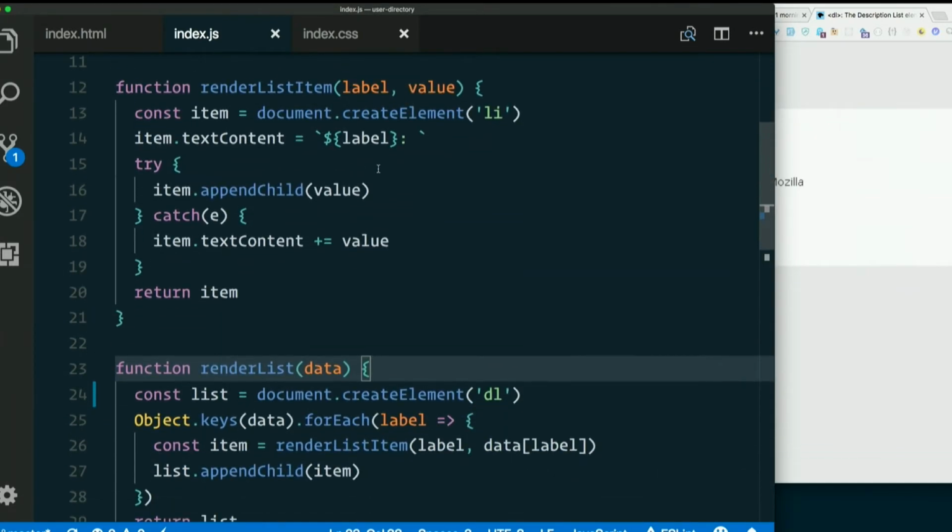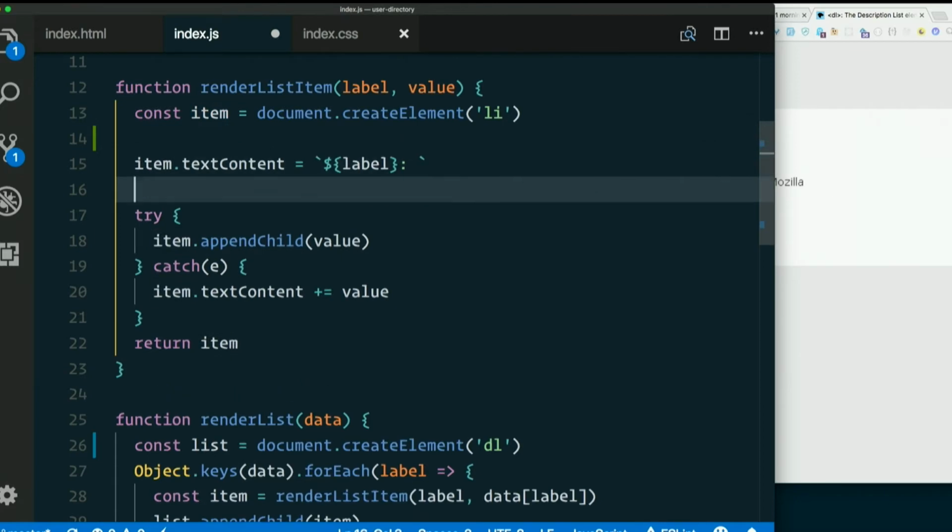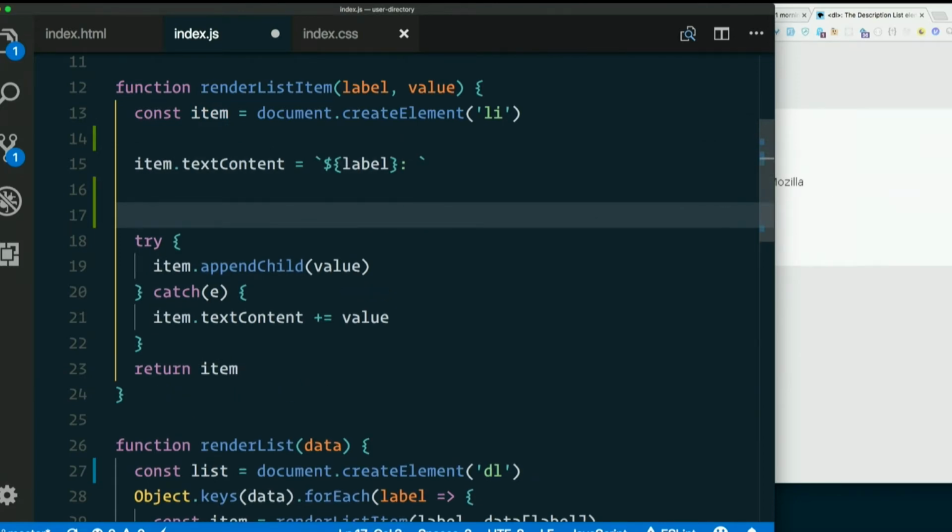So how's render list item going to change? It'll still return an LI at the end, but the LI, instead of just having some text, will actually have a DT and a DD in it. The DT contains the label. The DD contains the description, the value, which is either a string or a div. So instead of item.textContent equals this string with the label in it,